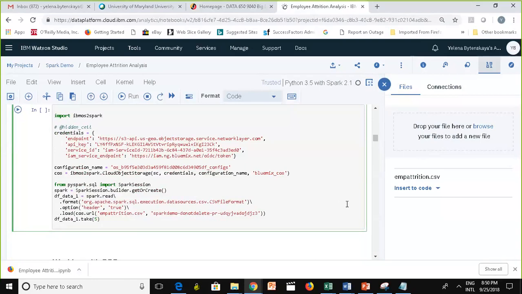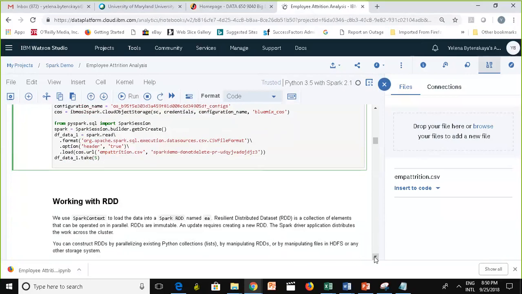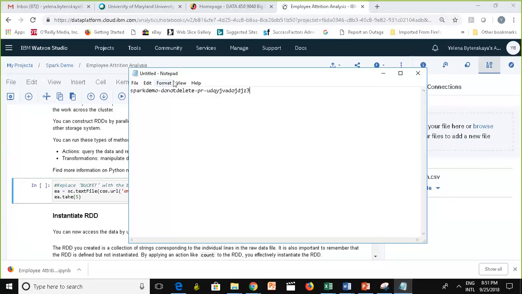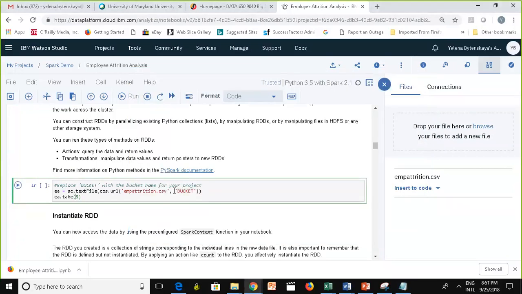Okay? So this is what you need to do. This is the preparation for running the code. I'm not running anything, this is just preparation. Then there is one more place in here where you have to change this bucket string with whatever you copied here. So this is your bucket name. I'm going to press Control C, and I'm going to do this Control V. Right? There we go.